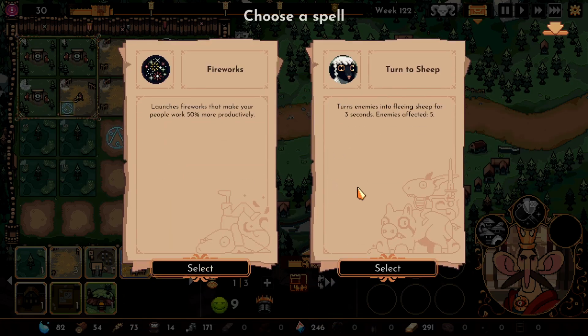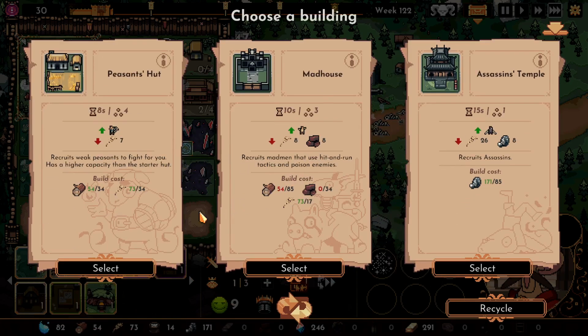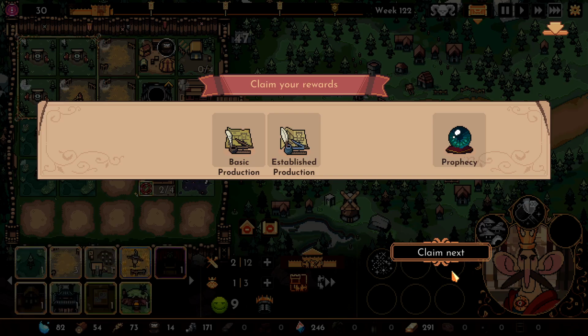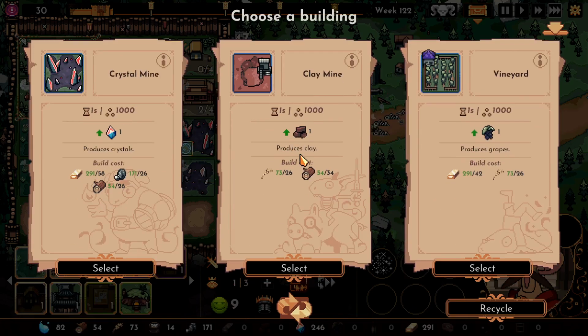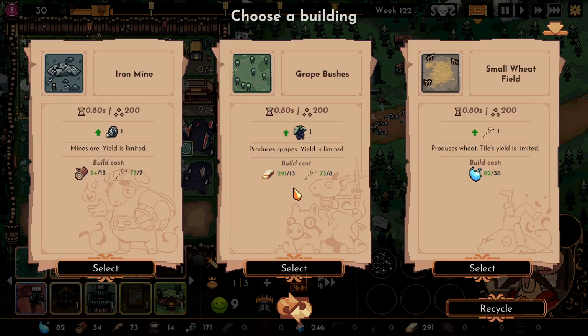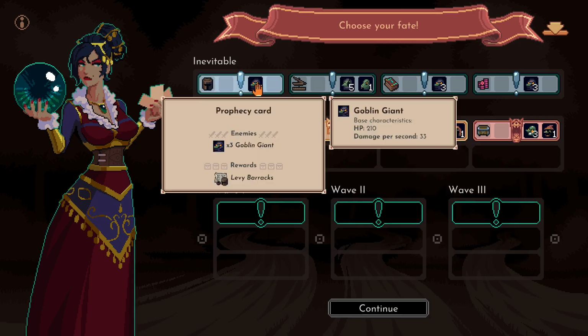Spell. Turn enemies to sheep for 3 seconds. We'll get some fireworks. Levy barracks. Maybe it's time we go into assassins, I guess. Or could we roll? Nah, we'll go for assassins. Established production. I'm gonna go with a clay mine, I think, and basic production. We've not got another iron mine for when this one runs out, and we're going to need it, so...